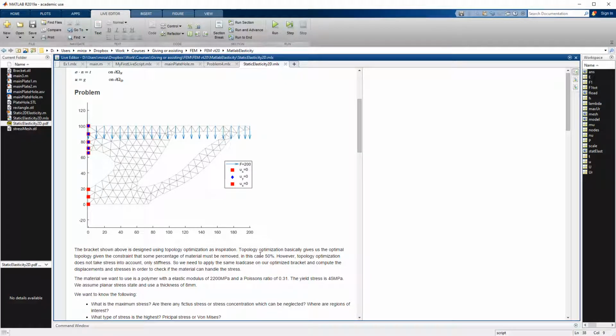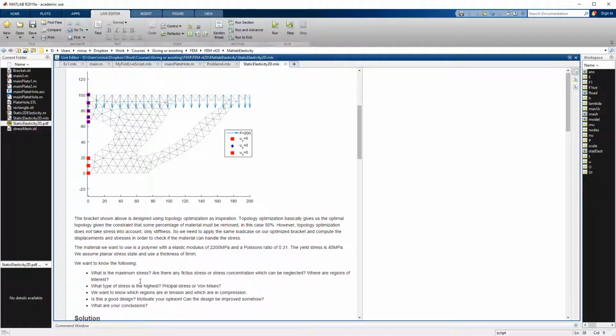So we're asking ourselves, given the material parameters and the boundary conditions, what is the maximum stress? Is there any fixture stress? What does that mean? Well, basically it means, is there any stress that is induced by the boundary conditions that is not there in reality? And